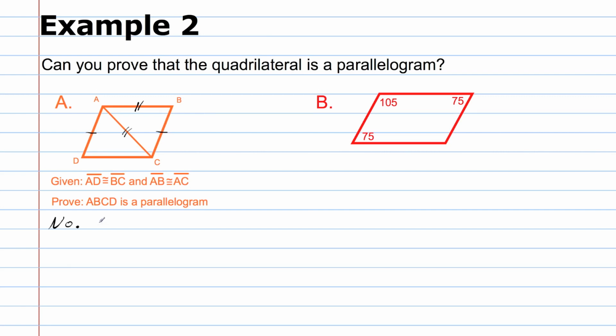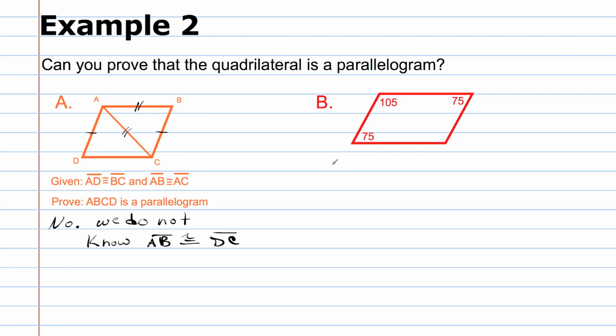And another way to put that is that we do not know that AB is congruent to DC. If we knew that AB was congruent to DC, then opposite sides are congruent, which means this would be a parallelogram. In example B, this red example, we're given the measures of three of the four angles of this quadrilateral